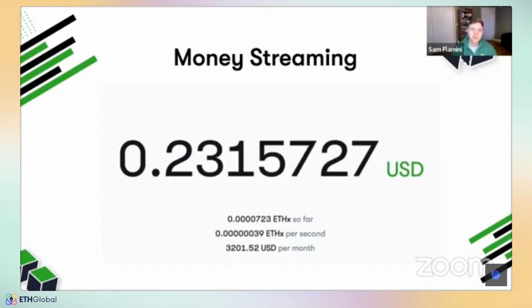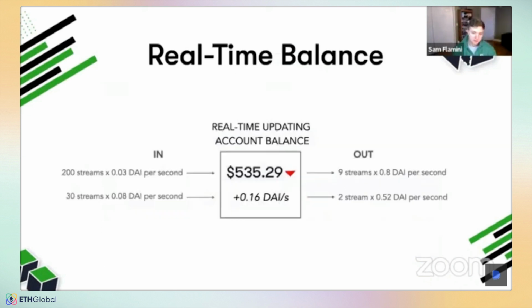And really the magic here is all inside of this real-time balance function. I'm just going to use the example of money streaming for right now, because it's probably the simplest one to explain. But every agreement, be it the instant distribution agreement or the money streaming constant flow agreement, will have a different way of updating a balance. So this real-time balance function will take into consideration the things that are happening in each of your peer-to-peer financial relationships defined in those agreements. In the case of money streaming, you have what we call a net flow rate.